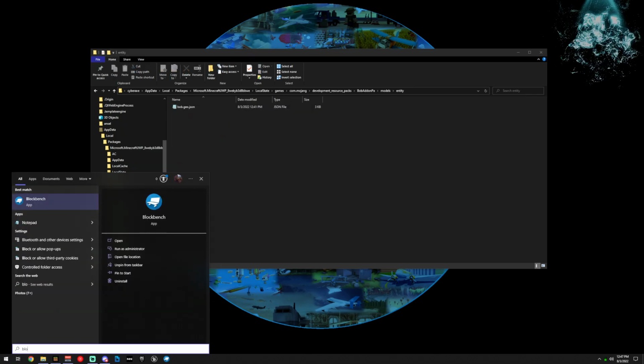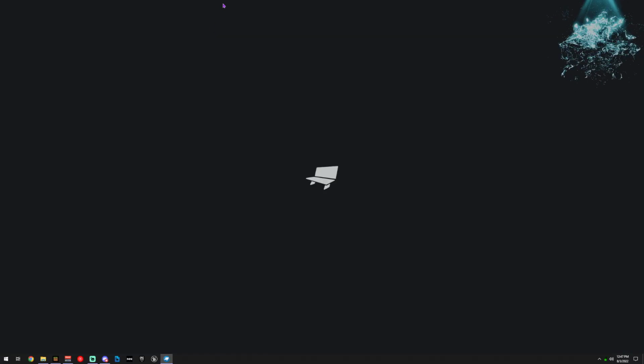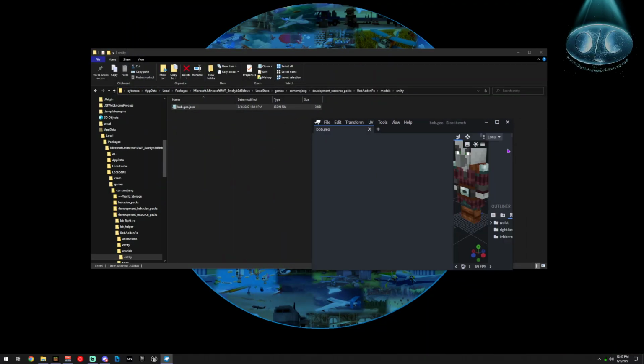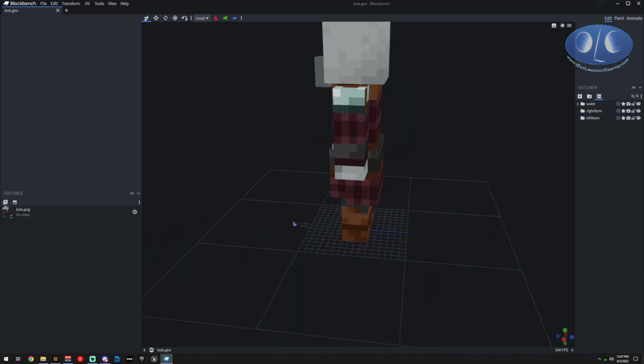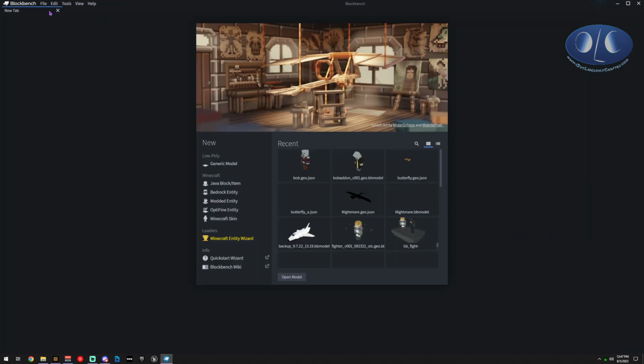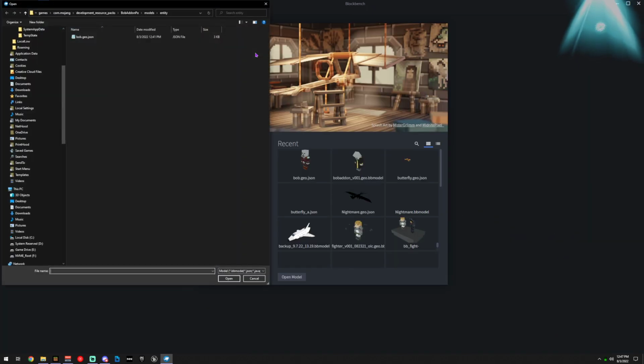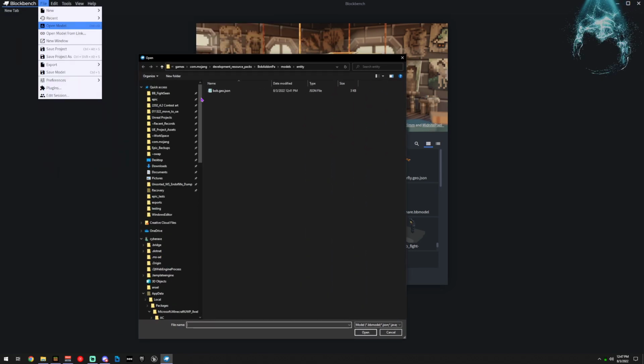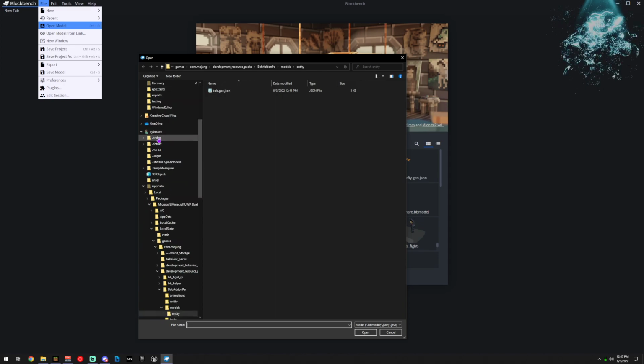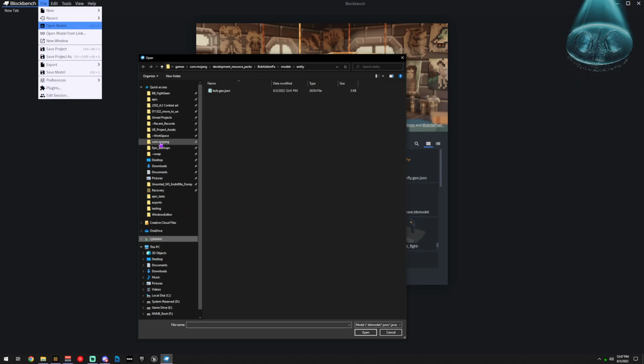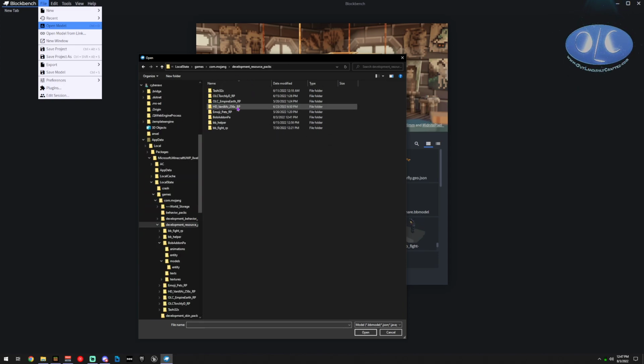Or you can open Blockbench and you can click and drag the model in. So now we have our model here. Or you can hit file, open model, and you can browse to that same place. And this is why you want to have it as a quick access over here on the side, so that it's really easy to get back to that same spot over and over.